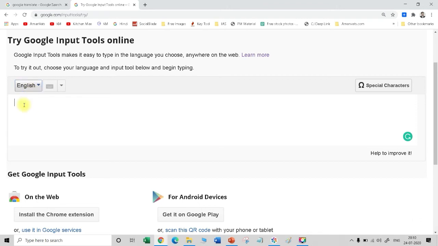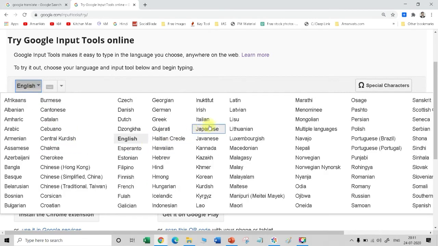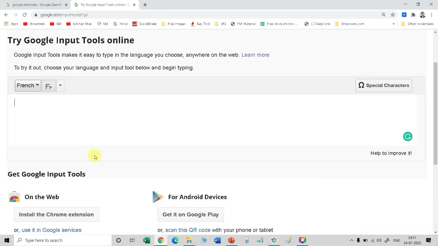Here, I will be writing in English because my keyboard is in English. It is basically converting your keyboard input language to your targeted language. Now my keyboard is in English. I will be writing something in English and I want to convert it to, for example, French again. Let's see what happens.